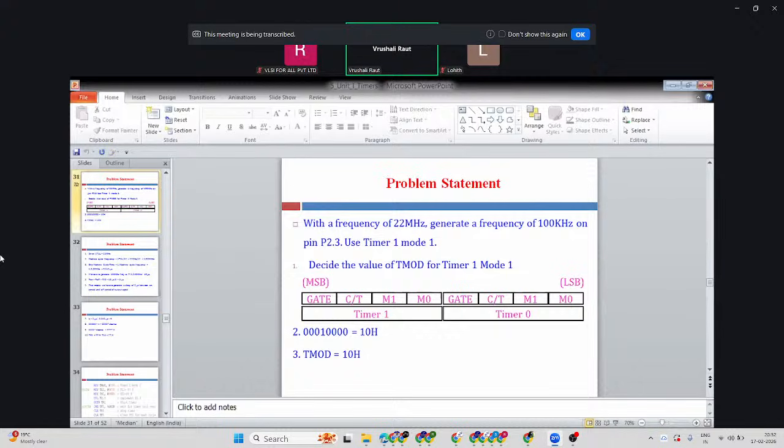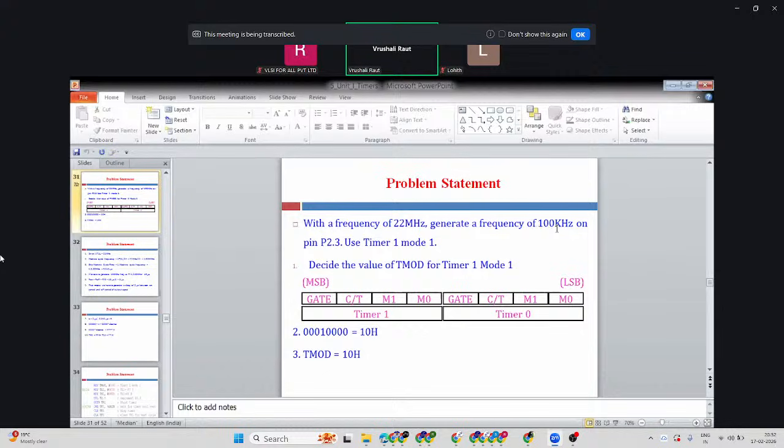If you understand this, then only is it possible to go for programming. Okay, so TMOD we have checked. Please next time find out for generating 100 kilohertz